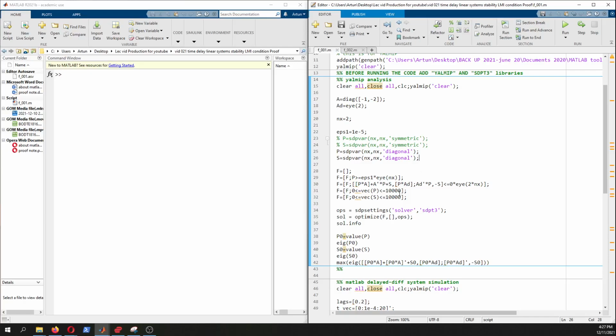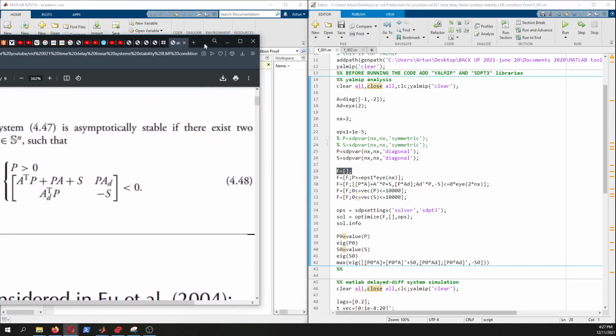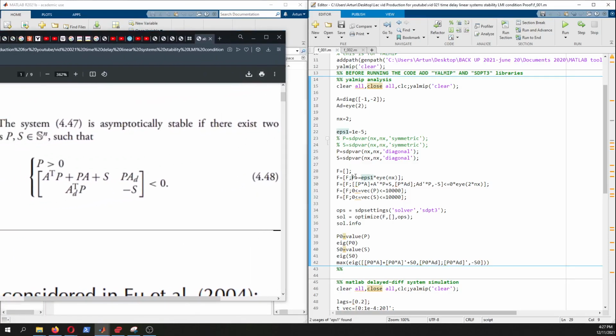And this is F. Like in the previous videos, we put our constraints. What was our constraint? P being positive is the first constraint, and this block matrix being negative definite is another constraint. And now I can hear you say, but you didn't put epsilon. The reason is that